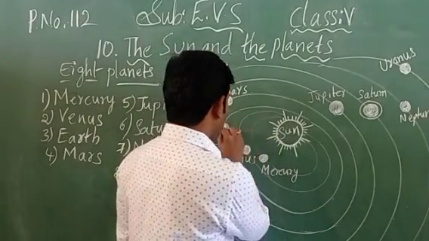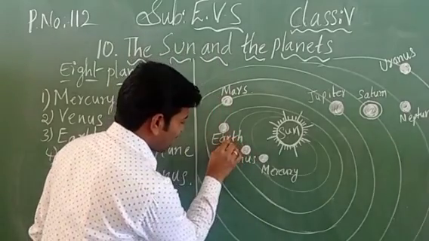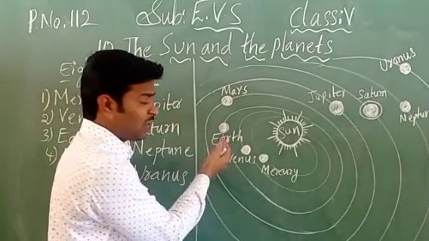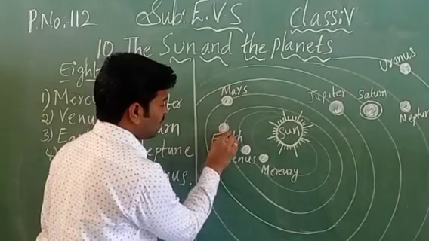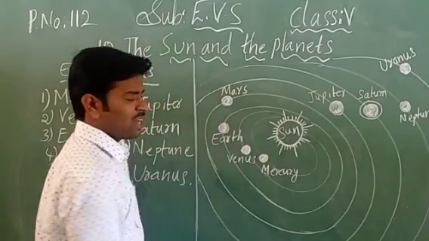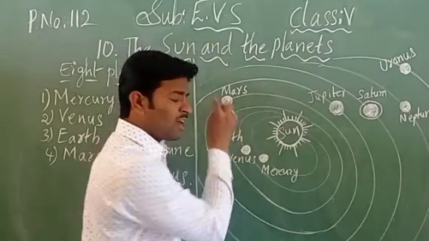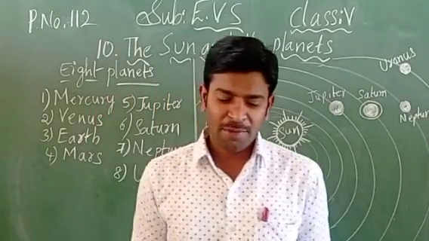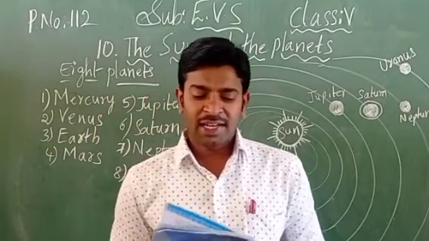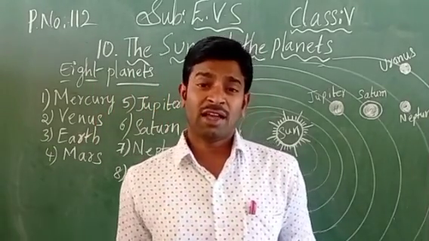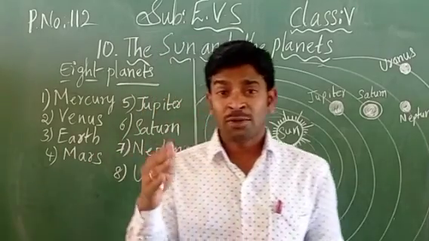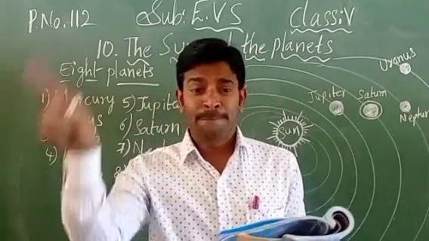From the earth we are able to see, this is the earth, children. This is one planet. I have drawn it on the blackboard. So we are living on the earth and we are looking at the sun. So the sun is very near to the earth. Hence it appears very big. Compared to the other stars, we are able to see that the sun is very big.